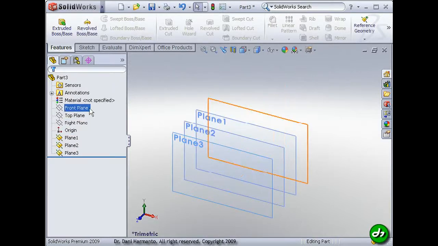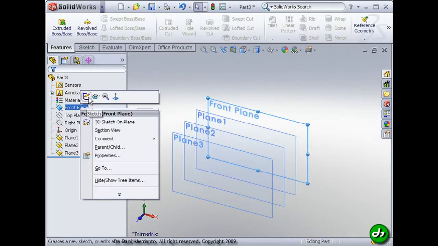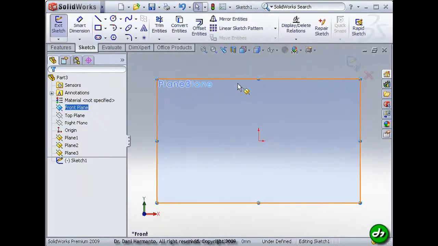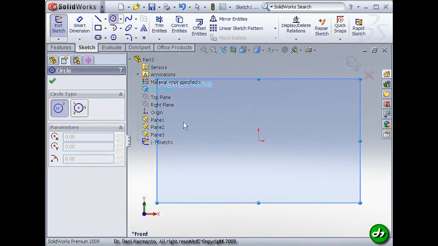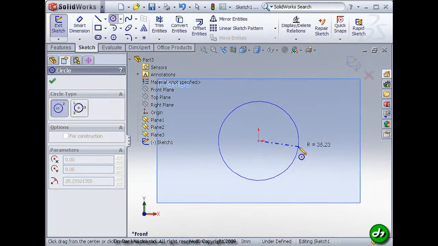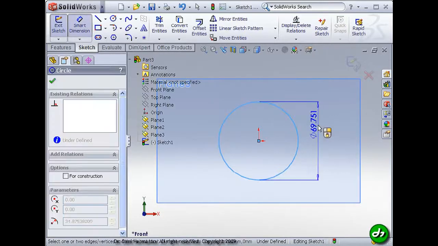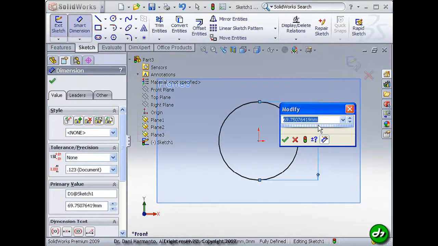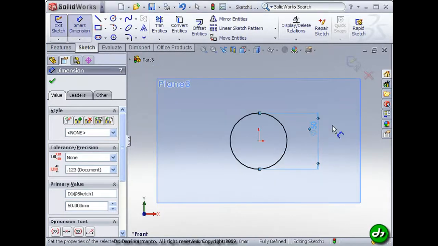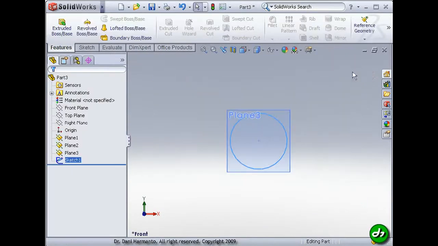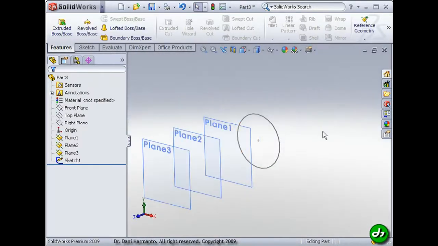The first one, I'm going to create under the front plane, so just right click on the front plane here, click sketch, and then click circle. I'm going to create one circle. You can put a smart dimension on it. So I just type 50 and then click OK. Then I click exit sketch. So I've done my first